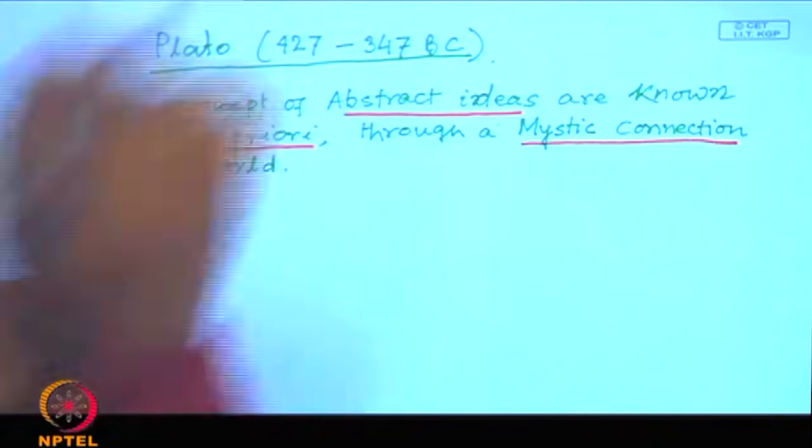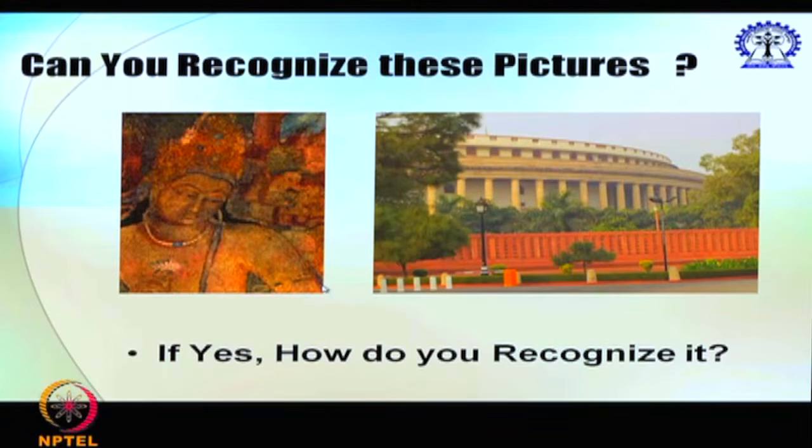So, again, if you look at these two pictures, we can say that the left hand picture is a wall painting in Ajanta caves, and the right hand picture is the Parliament House in New Delhi. So, how do we know it? In many cases, we have seen pictures of wall paintings in Ajanta caves in our school level history books. Similarly, some of us might have seen the Parliament House in New Delhi, or the images or photographs of it.